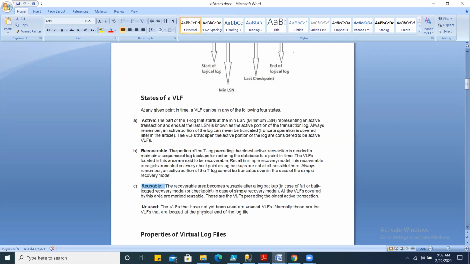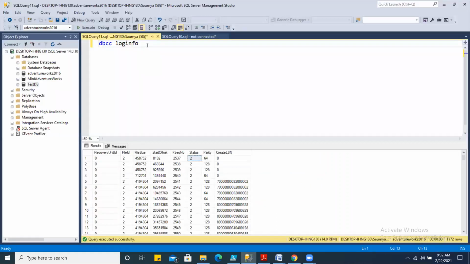So when you see your transaction log is completely filled, your first task is usually to check the full transaction log backup. But before taking the transaction log backup, you should check the VLF states using the DBCC LOGINFO command, right?